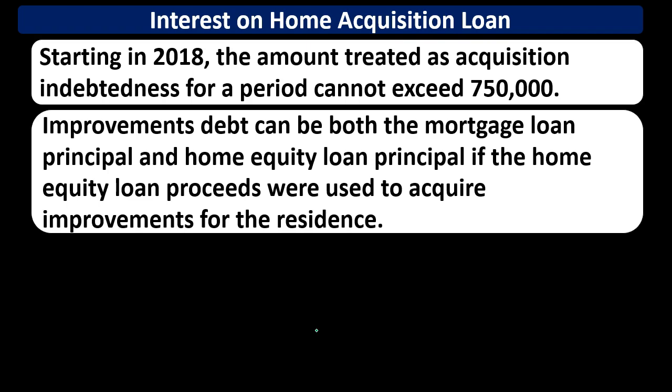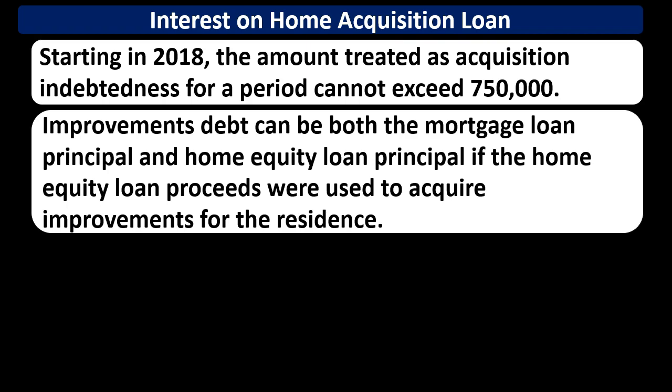However, we need to be able to spend the proceeds from that loan on improvements. In other words, if we take out the loan, the amount of the loan proceeds we received needs to be for the acquisition of the home or for the purchase of improvements for the home. So we want to make sure to be able to track those going forward.